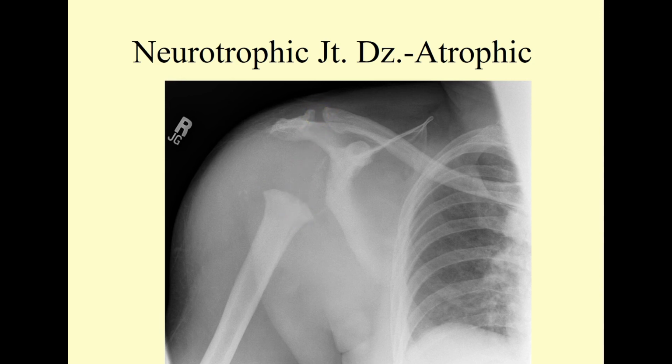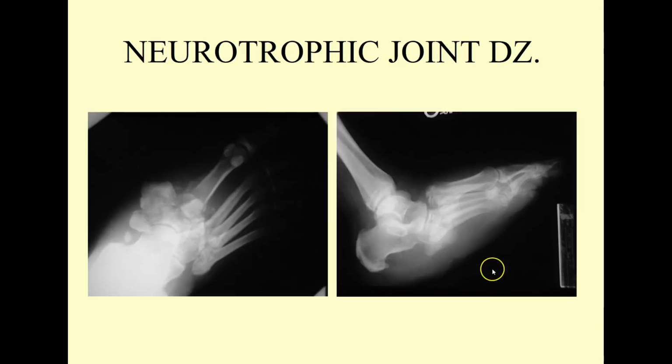Now, one of the things that we recognize here is that in the atrophic form, we believe this process happens slower. It gives the body time to clean up the debris, macrophage activity and osteoclast activity. We think osteoclast activity is driven faster and further by the increased blood flow that sometimes is associated with this form of injury. Again, the little more typical neurotrophic, hypertrophic form with our bag of bones,